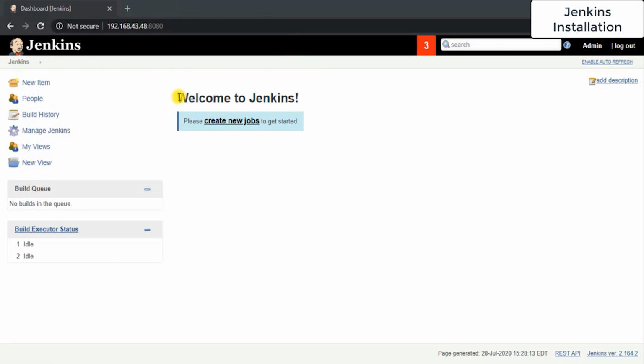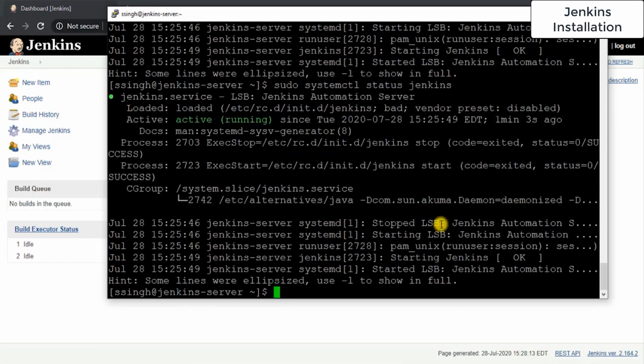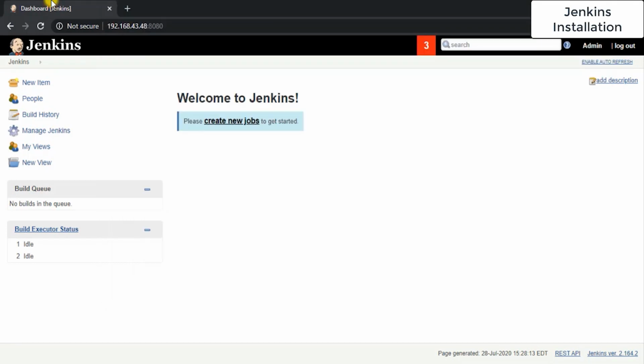If you are stuck at startup, you have to just restart the service. The command is a simple systemctl restart command. When you log in the first time, it actually takes about 2 to 3 or 4 minutes. I recommend that you just wait, and don't worry, you will get the welcome screen. That's it for this Jenkins installation video, and in the next lesson